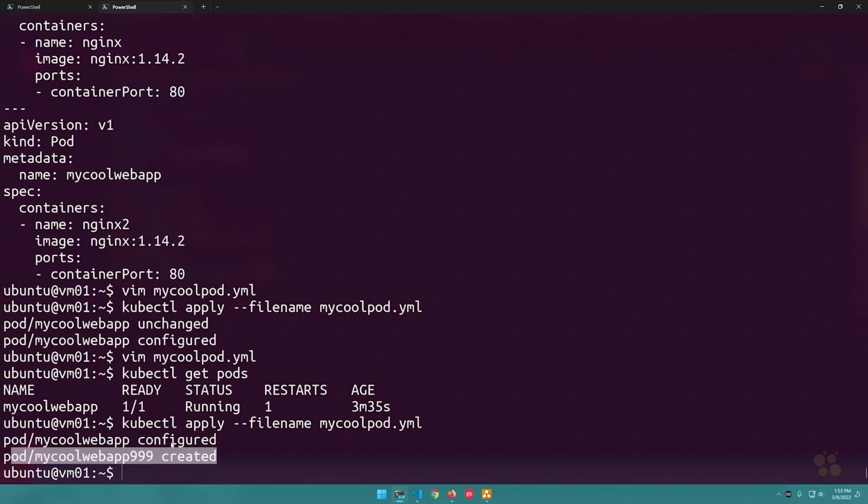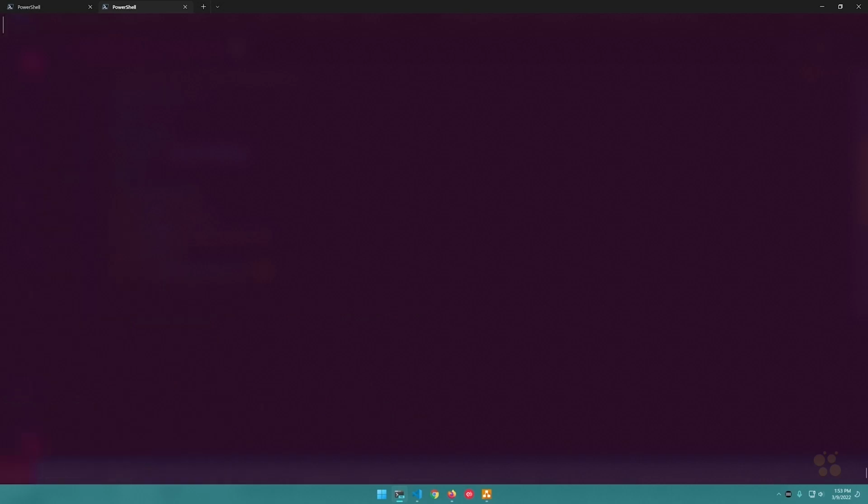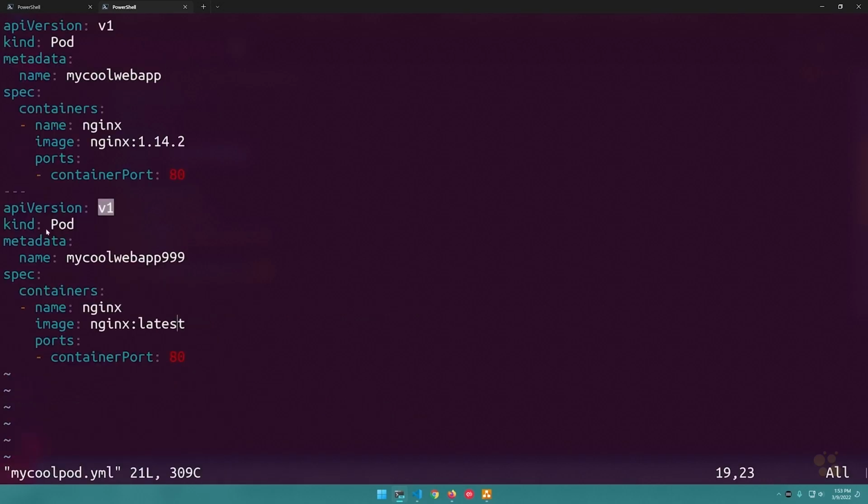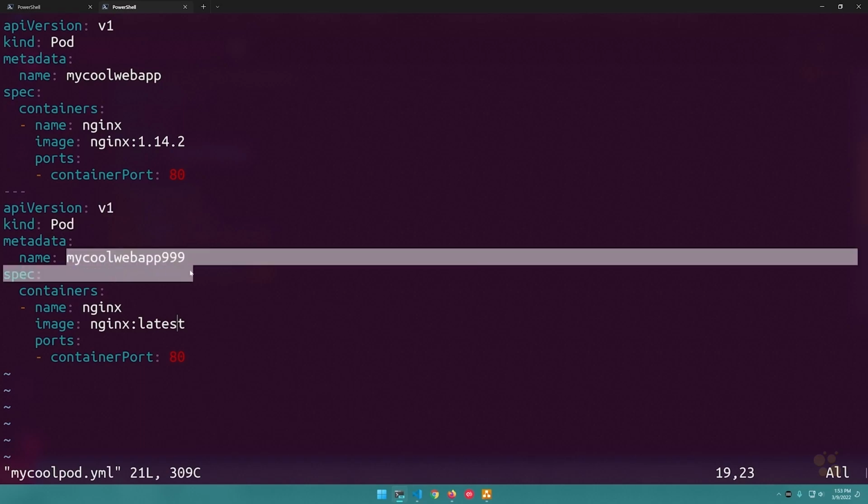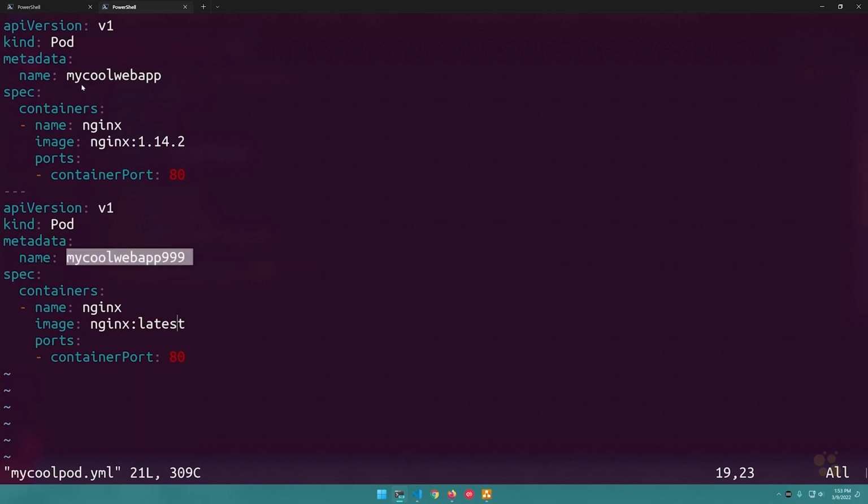So as you're creating these manifest files, you want to make sure that you're paying attention to the API version, the kind, as well as the name of the resource to ensure that you are distinctly defining resources in here, unless you understand that Kubernetes is just going to process the resources in order, even if they have the exact same name. So at this point, we could continue to iterate and add more resources by specifying another ---